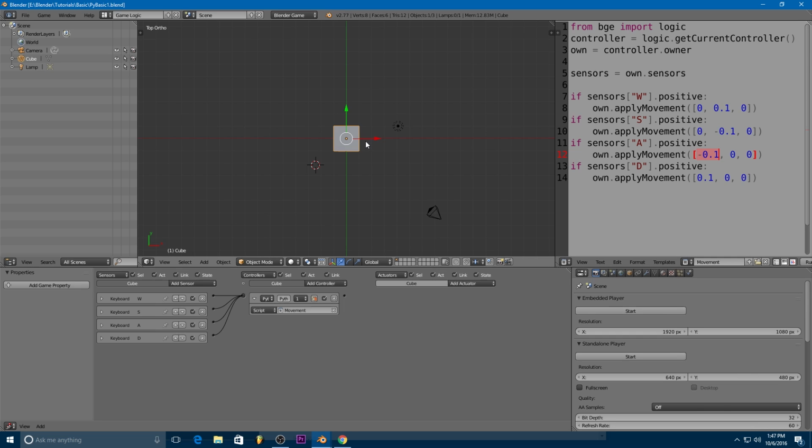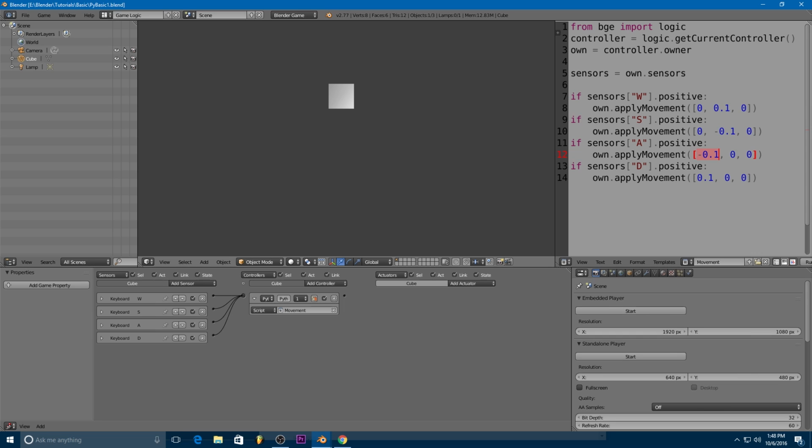Okay, so if we save our game and we hit play, we now can move our cube in any direction that we want. Pretty cool, huh? And if we press two of the opposite keys at the same time, you can see that it stops, which is like you would expect, and we get our nice